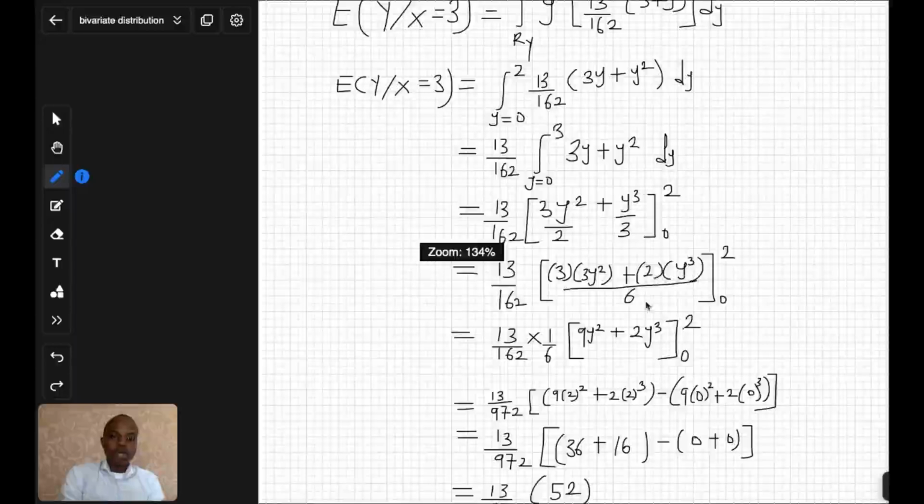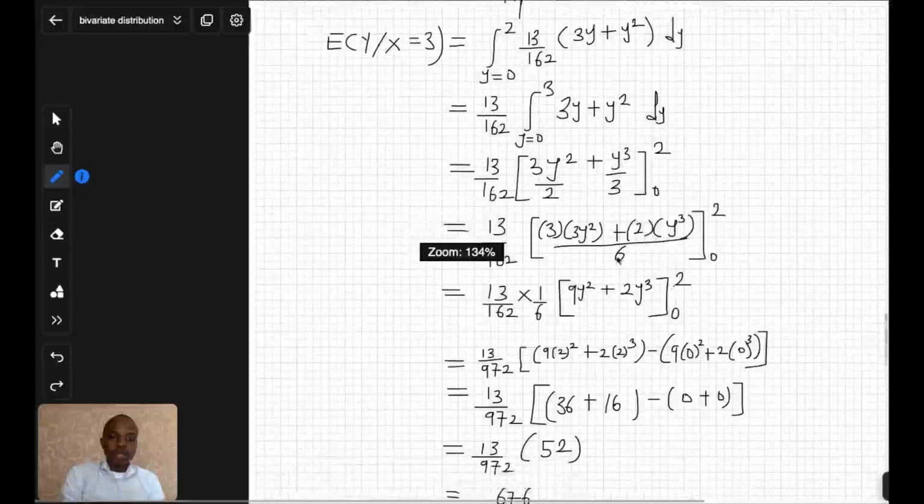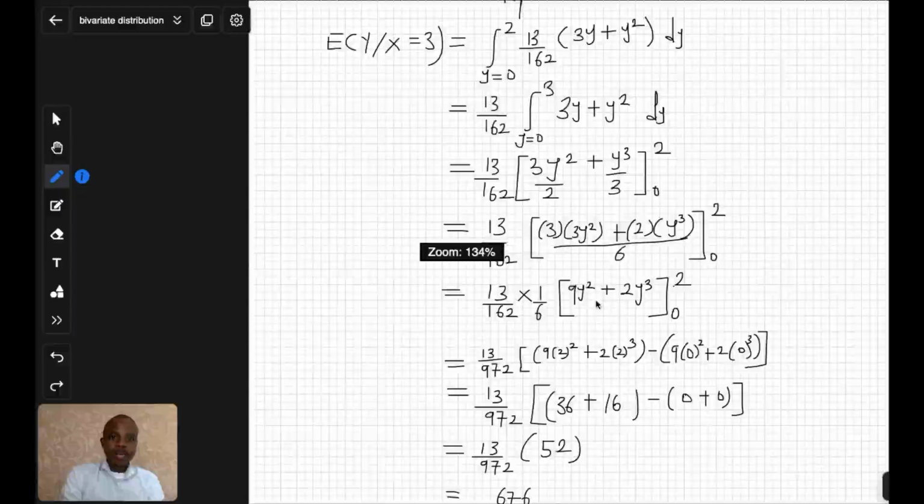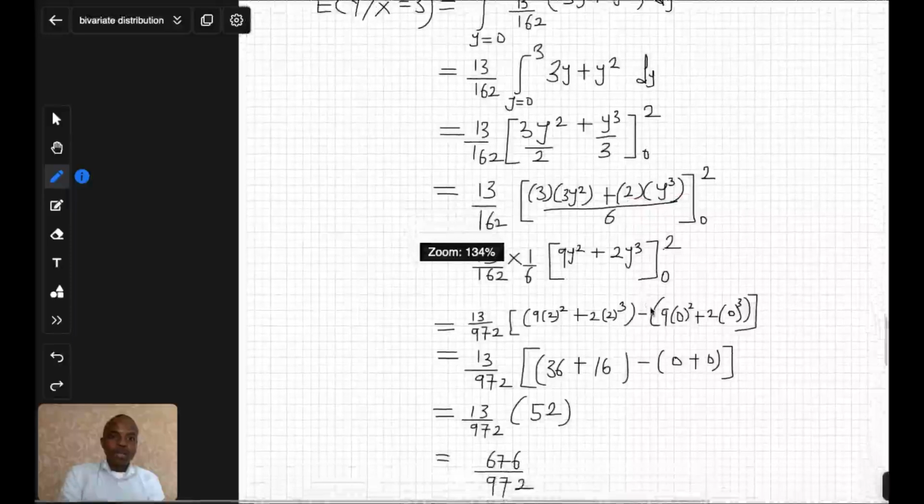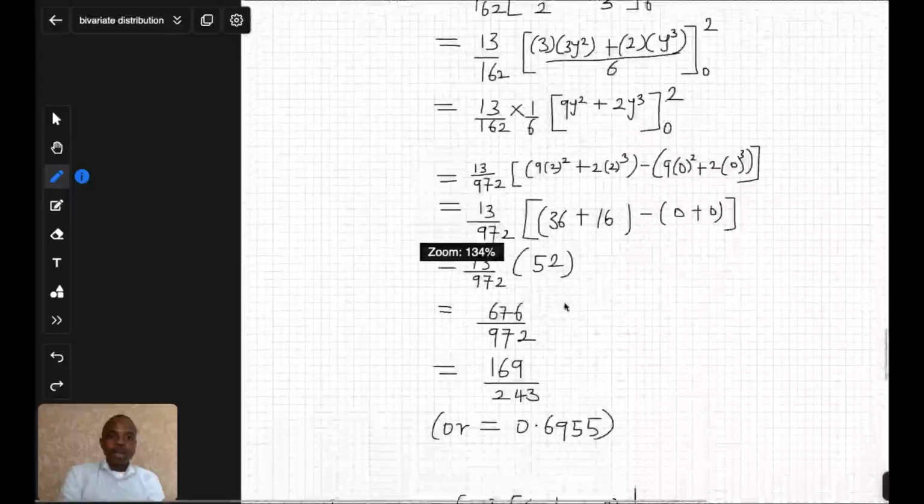That's how you get this. And that way we continue doing your mathematics. You are going to get 9 from here, 9 times y raised to the power of 2, and then from here 2 times y raised to the power of 3. And then when you continue, you end up getting,